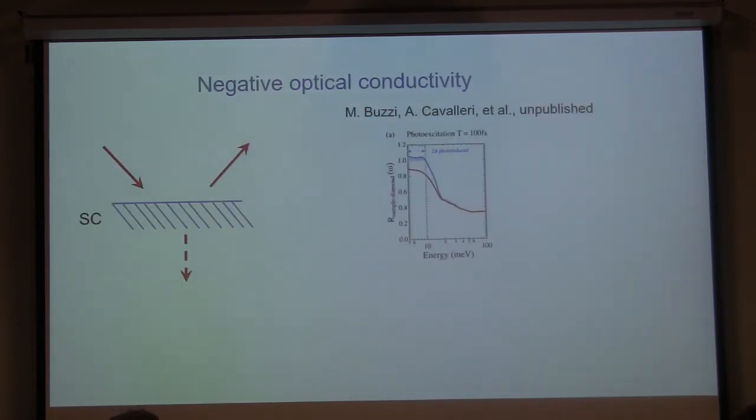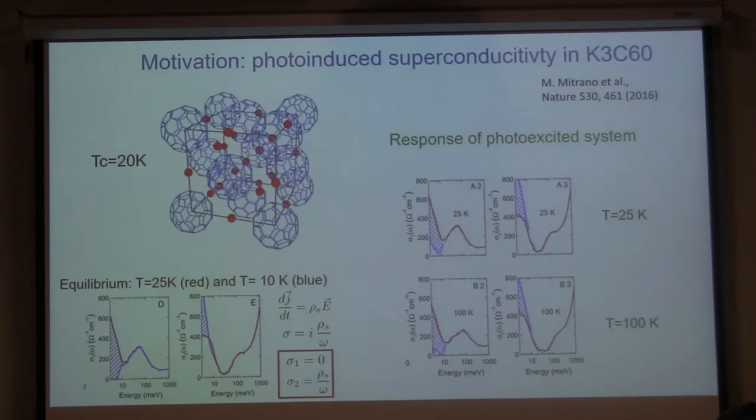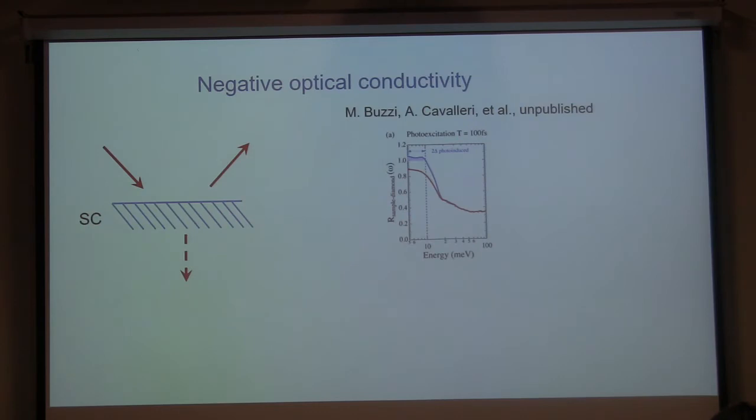Okay, and then there is also an unpublished result, a more recent finding, that if they change the protocol, how they excite the system, then they can get even more confusing behavior of the materials, right? Because if you think about it, if the real part of conductivity is 0, so energy is not absorbed, this means that light is perfectly reflected, right? So the reflection coefficient should be 1.